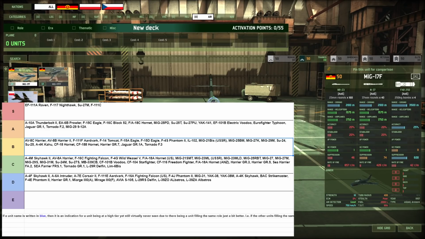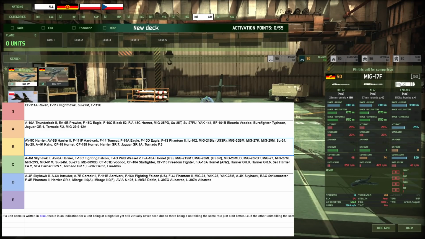MiG-17F. Press F for this plane because it's garbage. 411 HE bombs is even worse than 215 HE bombs. Yes, it's faster, but well, 215 HE bombs at least. But you don't even get 4 of them. That's the saddest part here. It is faster than like the Harrier and the Albatros, but